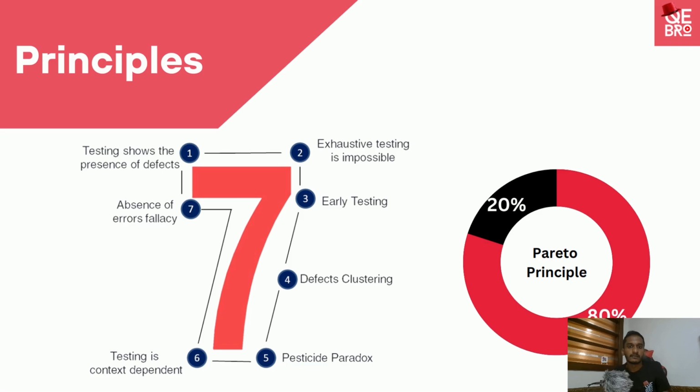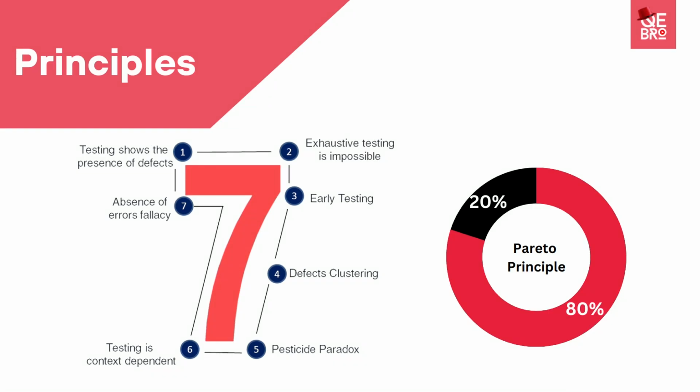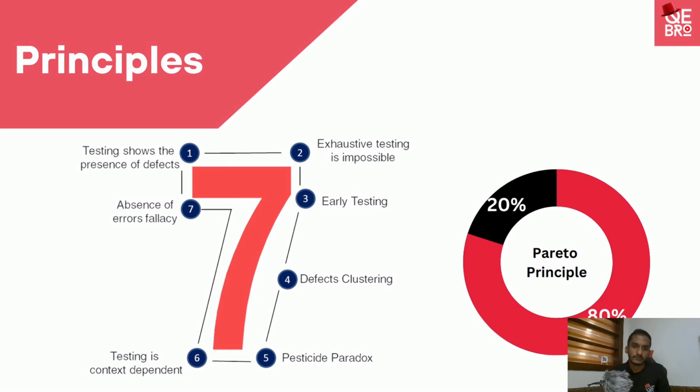Next, the fourth principle is defect clustering. Under defect clustering, we can talk about another principle called the Pareto principle. The Pareto principle means 80% of output depends on 20% of inputs. This is a general principle, not directly related to quality assurance, but we can use this principle for defect clustering as well. So how can we map this to quality engineering or the software domain? We can say 80% of bugs will be caused by 20% of the modules or components.